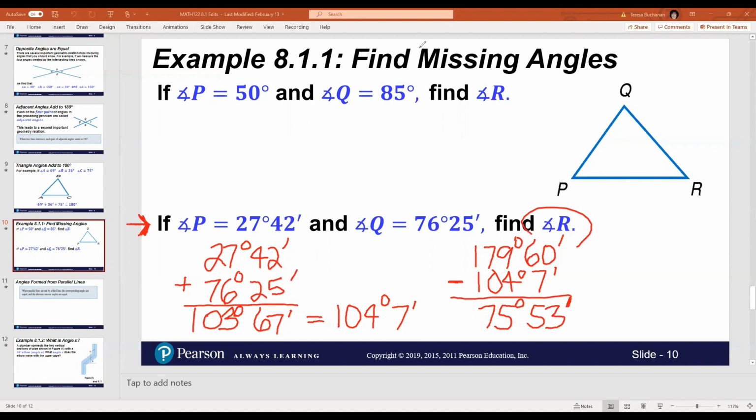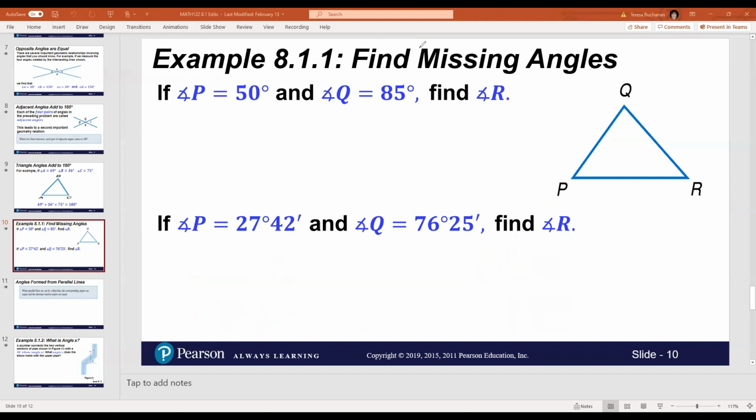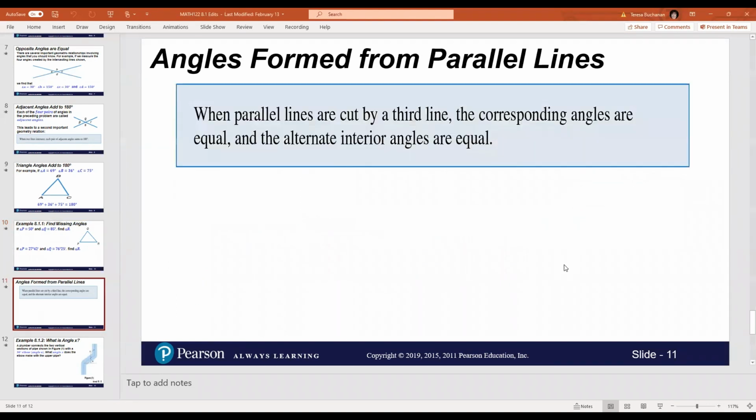You may see something like that in your travels in the homework where you have to move minutes into a full number of degrees, or you may have to break out a degree into minutes in order to get a subtraction done. Another important idea regarding angle measure is the idea of angles that are formed from parallel lines. If I take parallel lines and I cut across those with some other straight line,